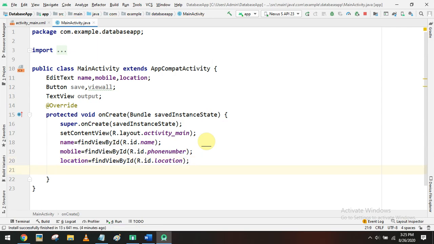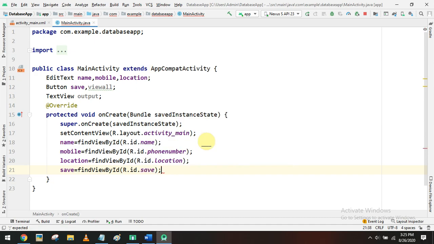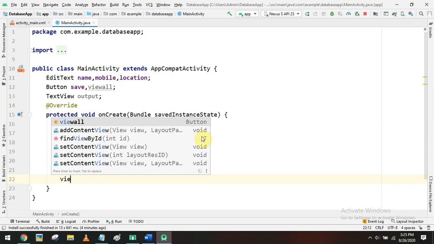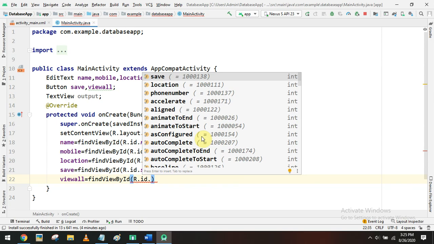The next is the buttons. So first we have to find the save button. findViewById R.id.save. Then viewAll is equal to findViewById R.id.view.